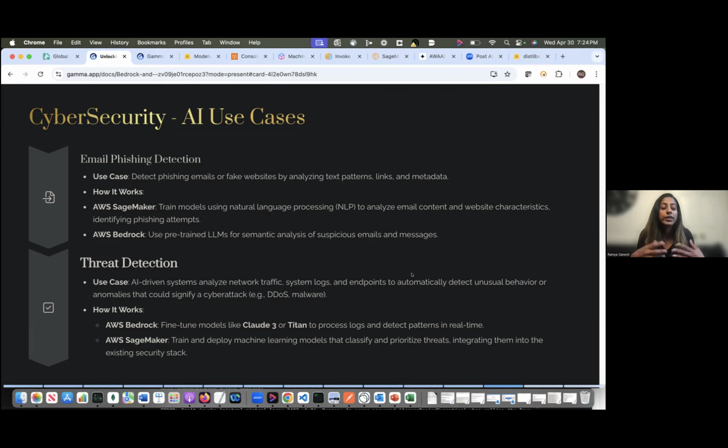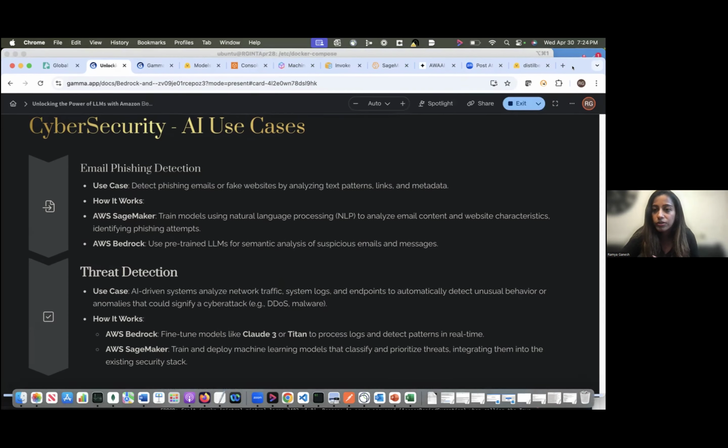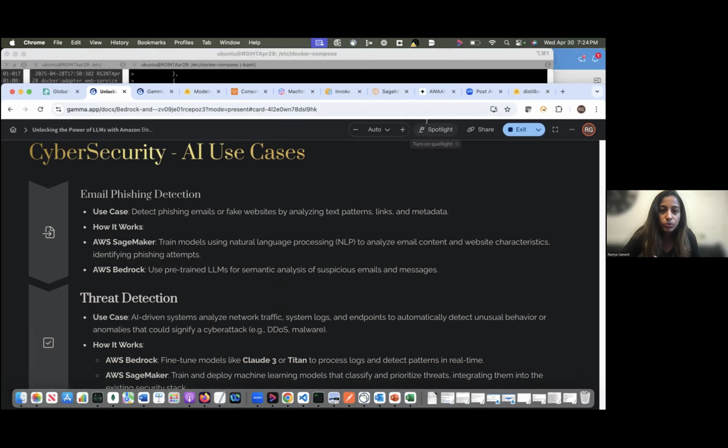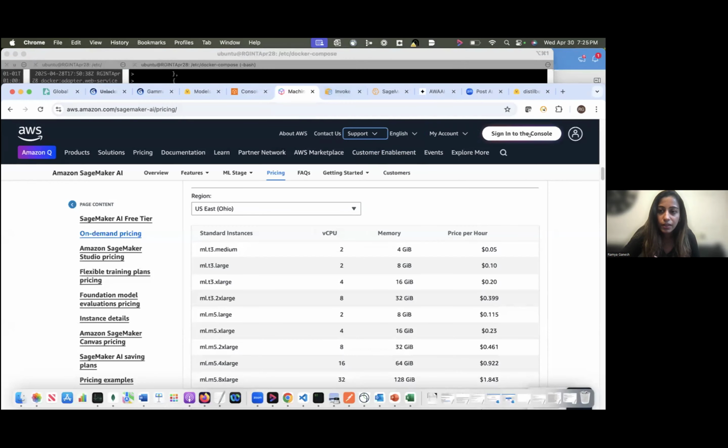Also, when a threat is detected, how you respond to it. So all the incident response side is also a typical use case in cybersecurity for AI. With this, I will probably go to the demo because we have 30 minutes more. So let me jump in. Let me know if you see my AWS console here.